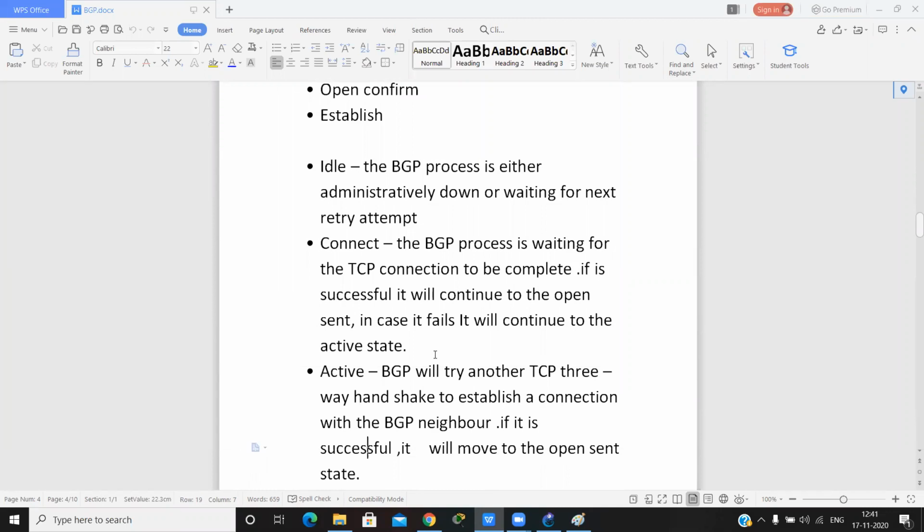If it is successful, it continues to open sent. If it fails, it continues to the active state. In this state, the TCP process is running.